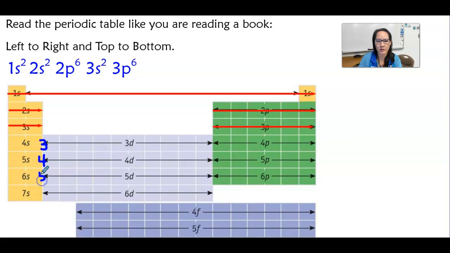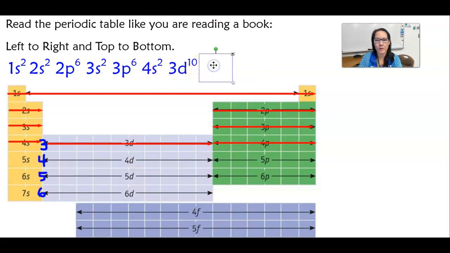So it's going to be 3, 4, 5, 6, which it states here: 3d, 4d, 5d, 6d. Okay, so it's going to go 4s2, 3d10, 4p6. Followed by